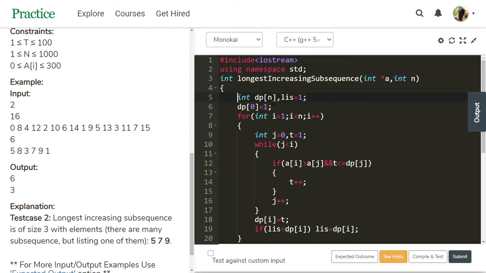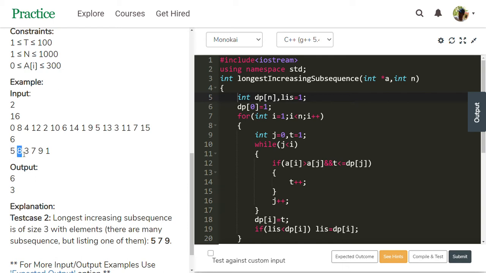dp of n: I am using one more array of size n to store, up to each element, the sequence length, which is stored in the dp. So see this. This is the first element. This length is 1.